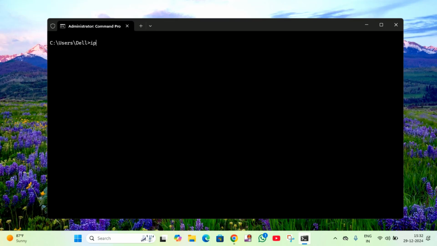In the command prompt, you have to type ipconfig space /flushdns, and hit enter. After seeing the message "Successfully flushed the DNS Resolver Cache", then type the second command,